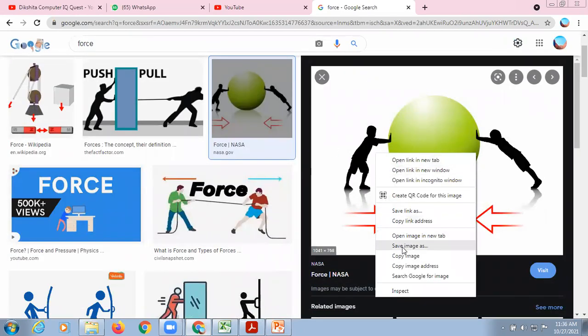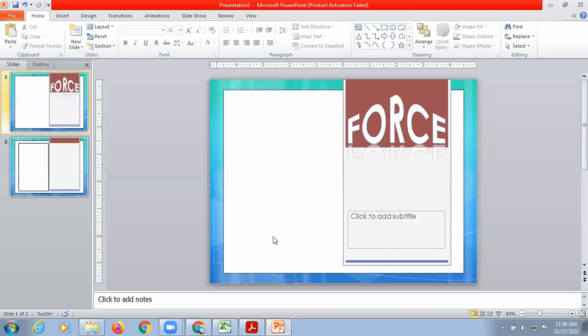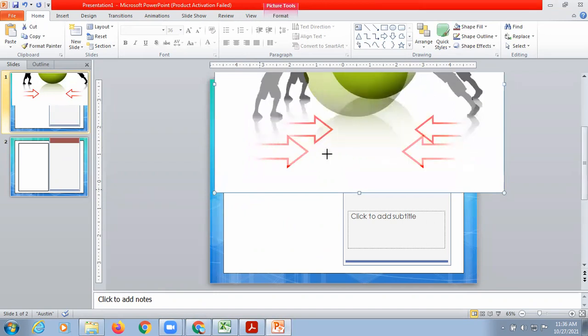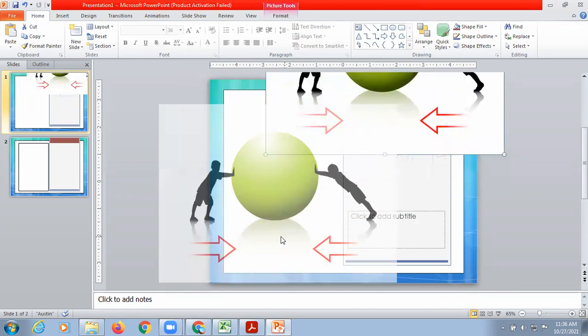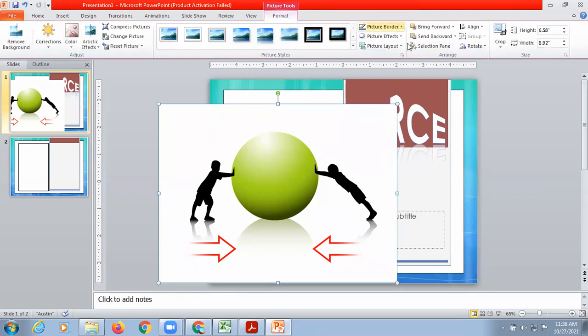You can right click, copy this, go to your slide and paste it by pressing Ctrl plus V. Ctrl plus V is for paste. And you can then arrange this picture. If you wanted to crop the extra white portion of this picture, you can go to the format tab. You can click on the crop button and then you can crop the area.